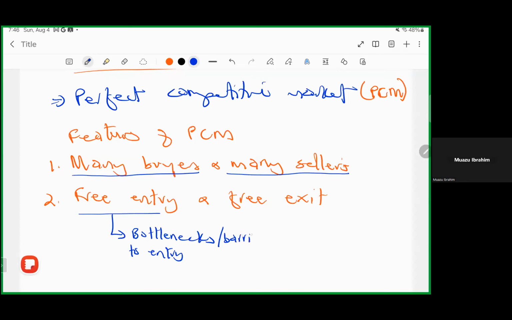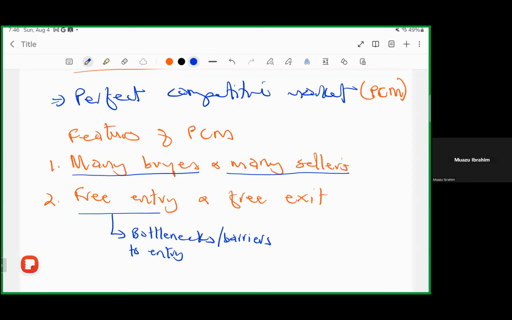There should be no bottlenecks to entry or barriers to entry. The entry should be free, and it should be seamless. There should be no factors inhibiting a potential buyer to enter, or a potential seller to also